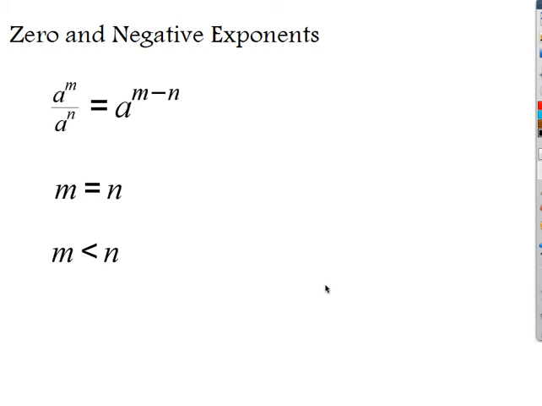You may remember from our last lesson that we found out that if we are dividing powers, we end up subtracting the exponents. Well, if I'm going to subtract the exponents, that gives a possibility for my exponents to either be 0 or negative. If I have a to the m over a to the n is equal to a to the m minus n,